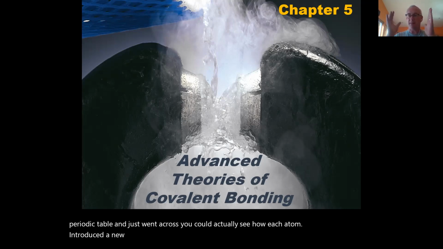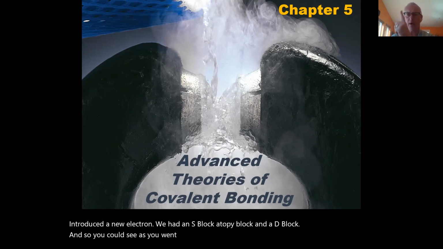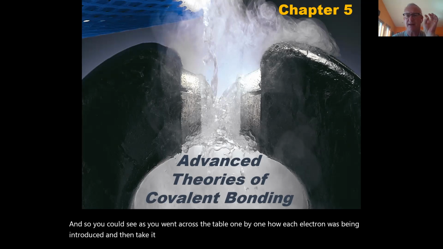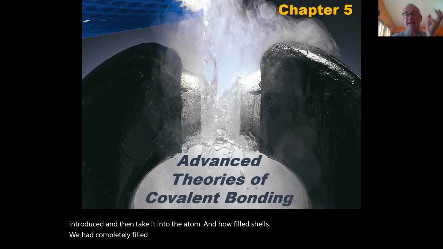We had an S block and a P block and a D block. As you went across the table one by one, you could see how each electron was being introduced and taken into the atom, and how completely filled shells gave us